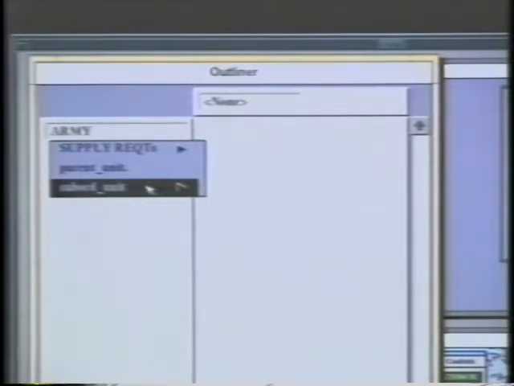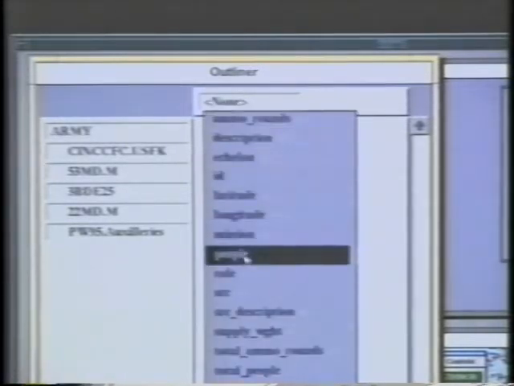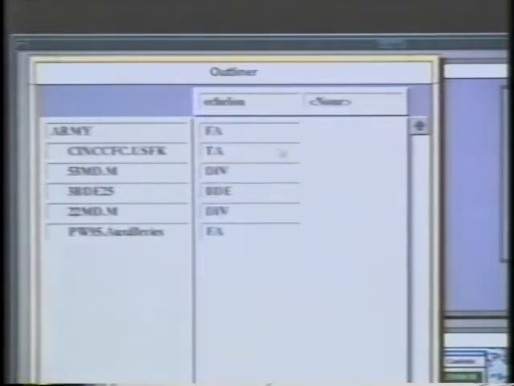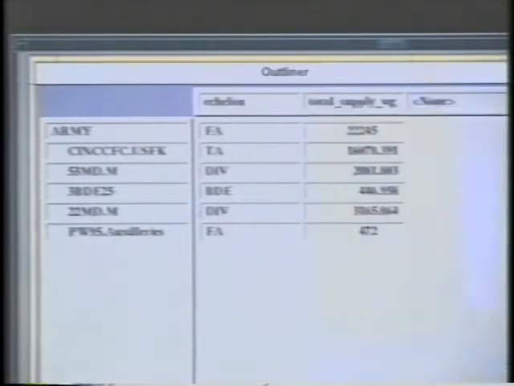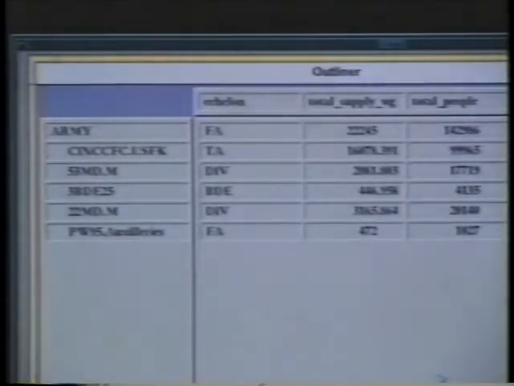Selecting the subordinate units dimension, we see that the Army data object consisted of 5 military groups. These units have a number of attributes in the database. Clicking on a column heading in the table permits the selection of any attribute for display in that column. In column 2, the analyst displays echelon, a unit's organizational level, for example, brigade or battalion. Other columns show the total tons of supplies units require, and the number of people in them, both useful to